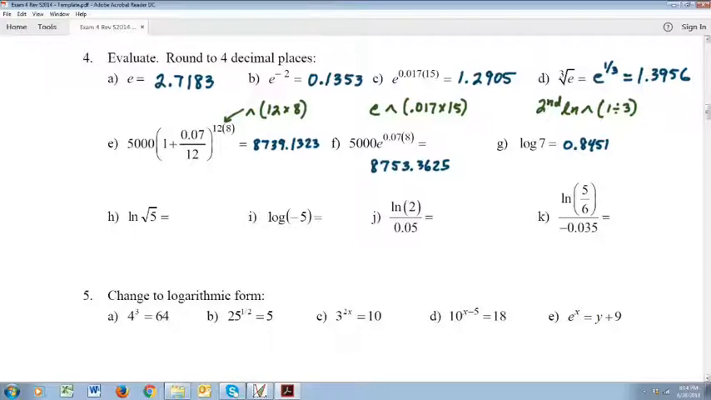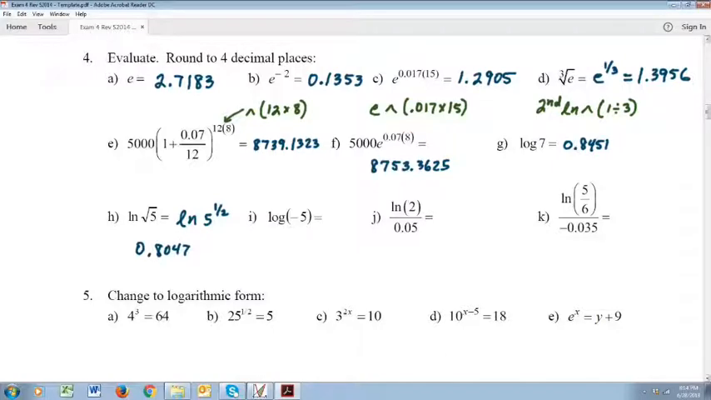Everybody has a log button on their calculator, and you can just put log 7 in there. And if you look at letter H, you want to change that to 5 to the 1/2 power first. Although actually you could put it into your calculator using the square root symbol, so I guess it really doesn't matter. Either way, you should get